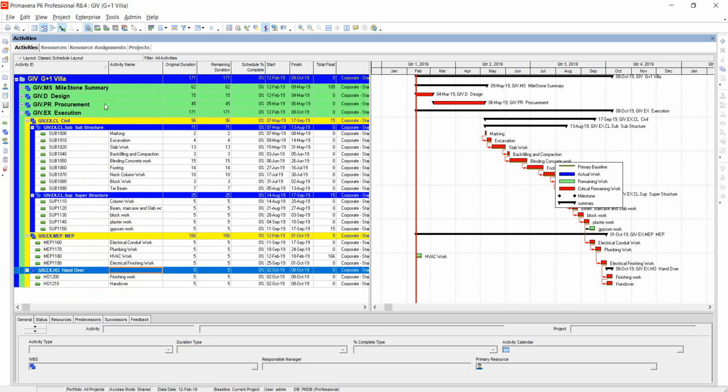So now we have studied the breakdown of our project. First the project is broken down to design, procurement and execution. Then execution is broken down to civil and MEP. Then civil is further broken down to substructure and superstructure. Now I want to know the cost assigned to this project, or before cost,